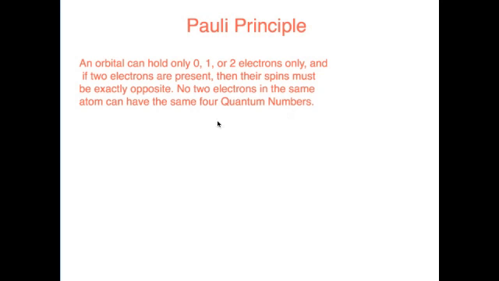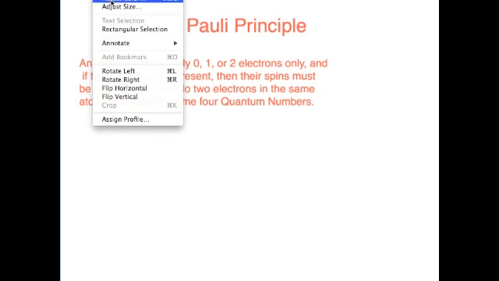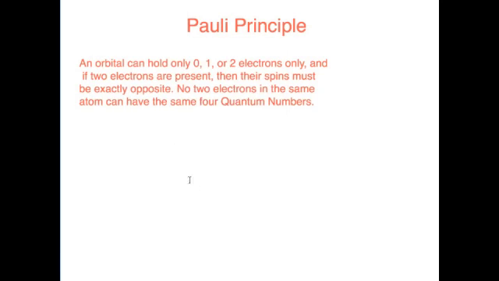Now, if we look at the Pauli principle, we can certainly give you an example of what this actually means. So, firstly, we'll be looking at hydrogen. Okay, so we're going to discuss hydrogen and its electron spin and how it will look. Hydrogen obviously can only have one electron, so we're going to show you an example of how it would look. Just make this bigger, and we can see that hydrogen will have an electron with its spin upwards, which is fine. However, if we move on to helium, which will have, let's say, 2 arrows,